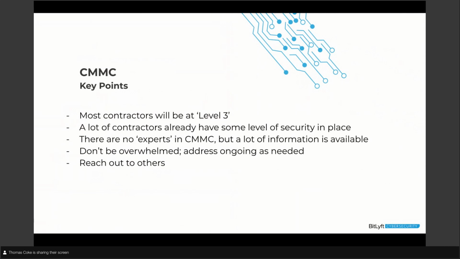The other thing, there are no experts today in CMMC. A lot of information is available. If anyone is telling you they're a CMMC expert, they're probably not. And the reason why they're probably not is it's a brand new thing. And while I don't 100% agree with Malcolm Gladwell's 10,000 hours rule, nobody has spent 10,000 hours with CMMC so far. So bear in mind that even when you're working with somebody who's helping you in this process, there's going to be things they have to research with you and learn with you. So don't worry if somebody doesn't know the answer. You can find the answer based on the information that's available.